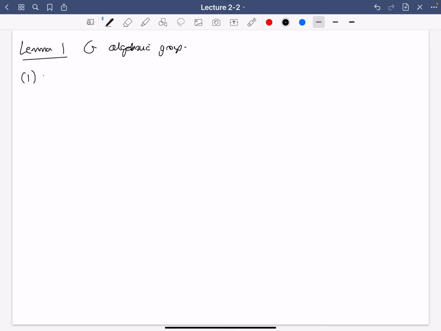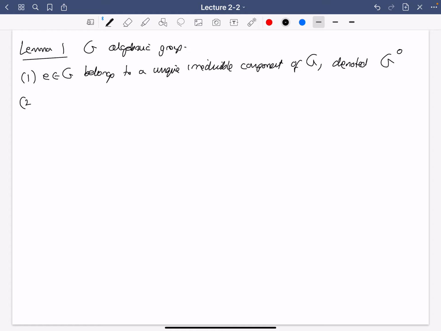In fact, the identity element belongs to a unique irreducible component of G, and I'm going to denote that by G0. This G0 is actually a closed normal subgroup